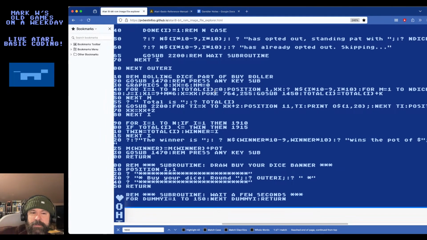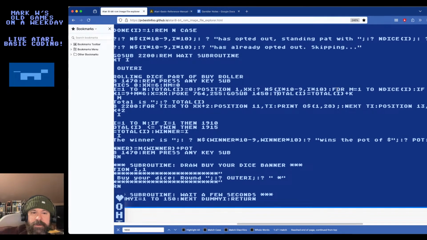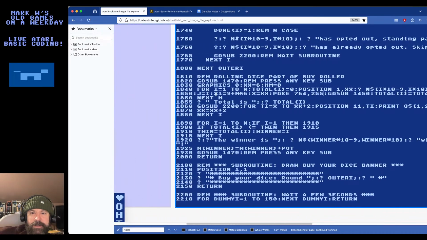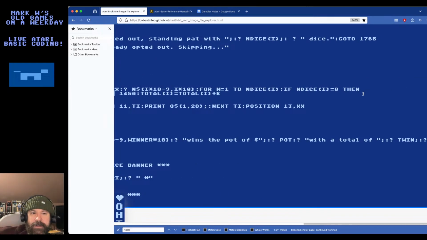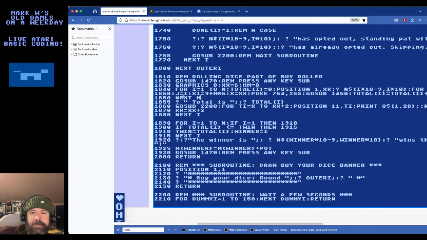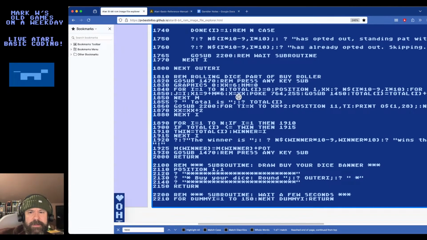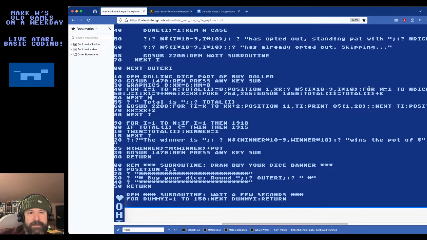So it worked for my guy who came first, because in the M FOR loop, I said if number of dice is 0, then go to 1850, which is simply NEXT M. So what it did was it did that for the 1 iteration of that loop. And then it moved on, for the outer I loop, it should be moving on to player 2, who's the Atari.